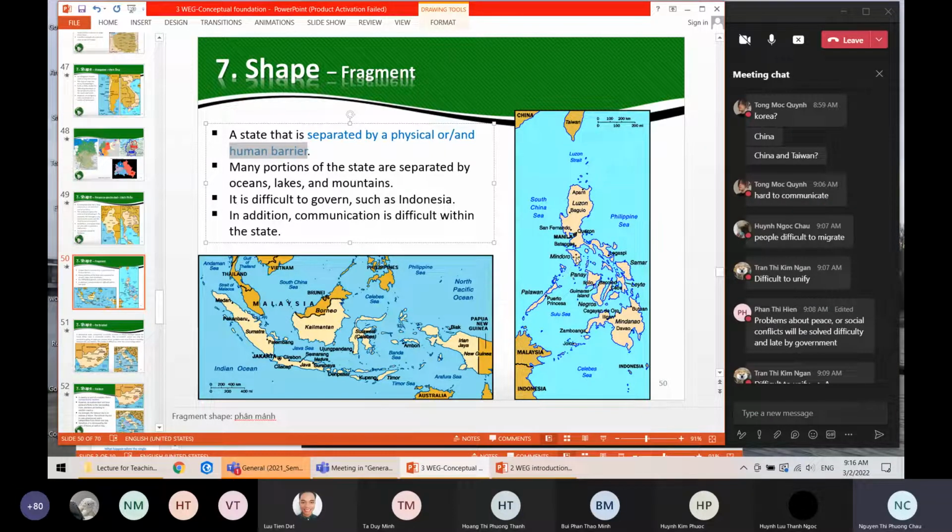Difficult for transport. Think about a producer on one island. When they produce the product but have no transport, how can they deliver the products to the markets? Yeah, you see, big problem. If they try to transport, the producer pays a lot for transportation. Then how can they sell the product with a good price? You see, this is the problem for the national economy.